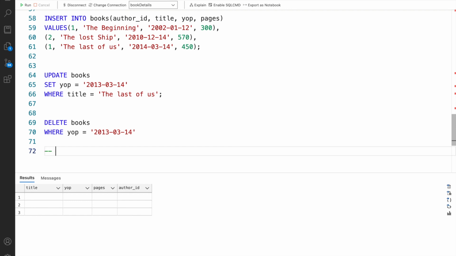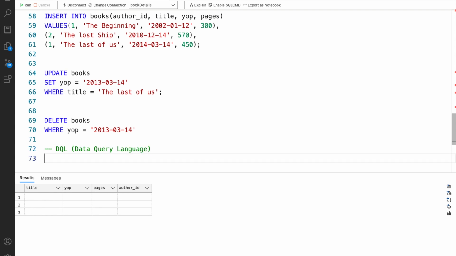So let's talk about DQL, short for data query language. Data query language is just like you have said, we are going to use it to query our database, and this is the language that allows us to read information from an already created instance,